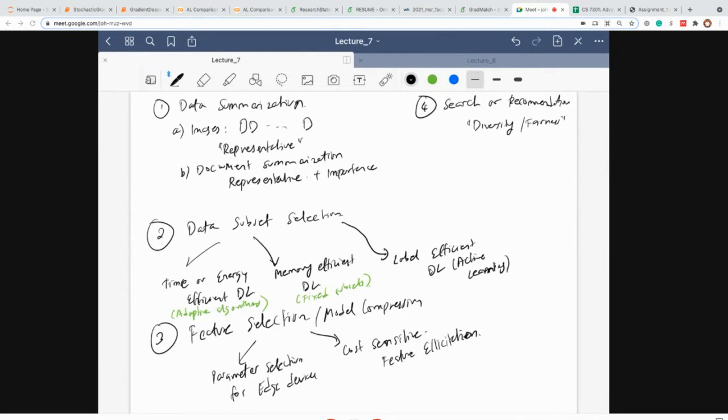For example, I gave this example last time, that if you search for professors in machine learning, you want to be able to see professors from different countries. You want to be able to see professors from different age groups. You want to be able to see professors from different ethnicities, right? You also want to be able to see professors from different sub areas within machine learning, right? So this is where diversity plays a key role, and it's not just enough to give the most famous professors. You also want to sometimes give some professors who are working on other broader areas in machine learning and have a good coverage, right? So this is another area where submodularity and diversity-based models are playing a very effective role.